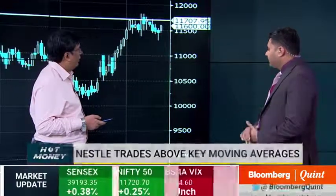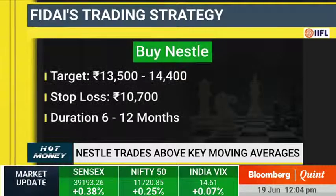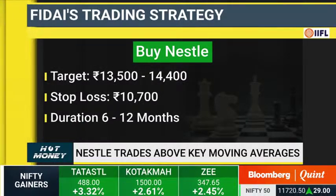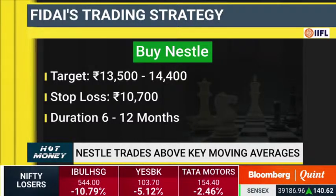Till what level will you accumulate? Since this is a positional call, accumulate up to 10,800. And on the downside, you can keep a stop loss just 100 rupees below that, at 10,700. On the upside, the moment it crosses 11,800,